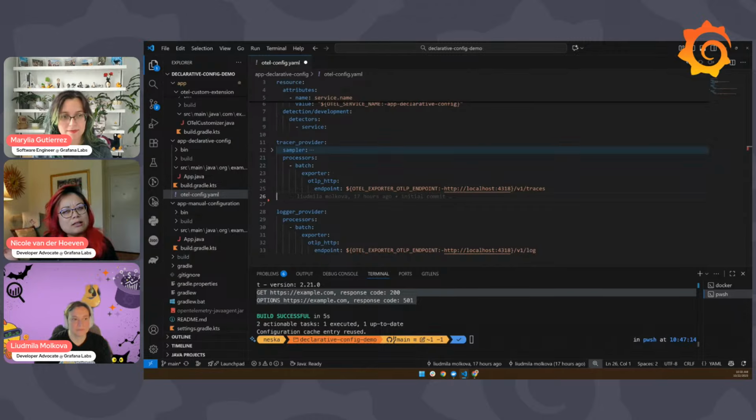Did you say that the YAML config will override the environment variables if there is a conflict? So not override, it would take precedence. They will look at the file first. And if the file exists, it's only going to look at the file. It's not going to look at the environment variables at all. If the file does not exist, then it's going to look at the environment variables.